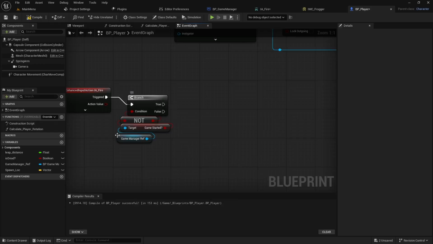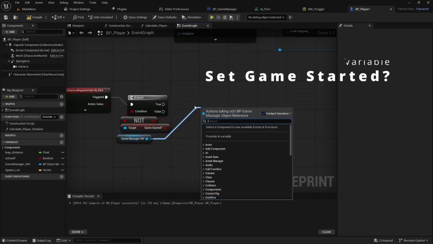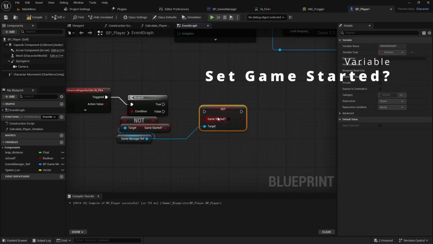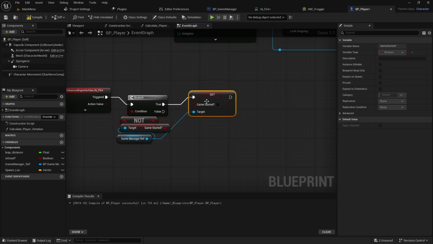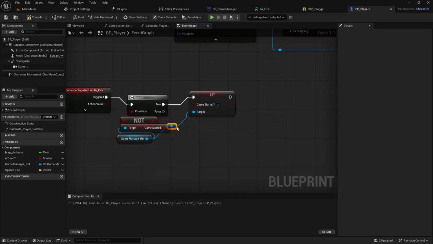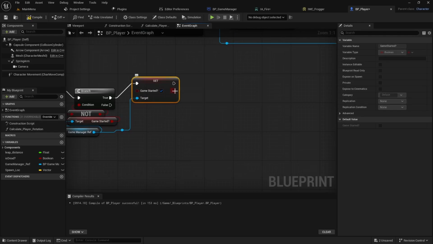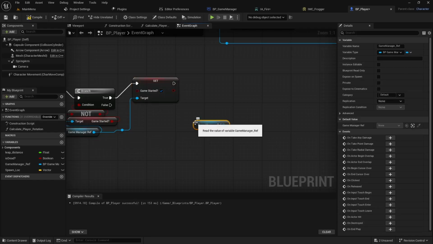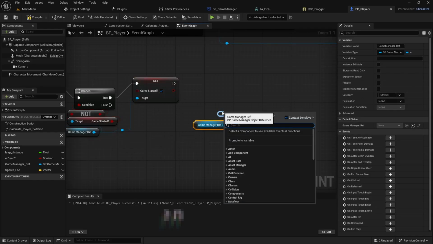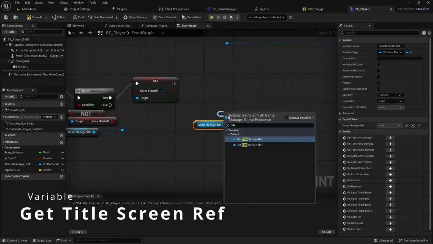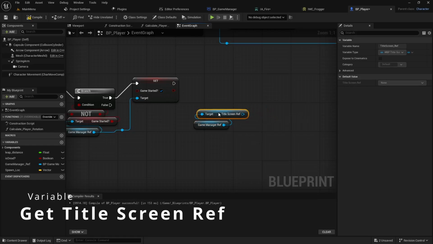But on the true, we'll want to basically pull off our game manager reference again. And we'll want to set the game started variable to true, so that this doesn't execute again. It's basically kind of like a one and done thing. And then now that we've set that variable, we'll want to also use our game manager reference, and we can get our title screen reference. And if you remember,